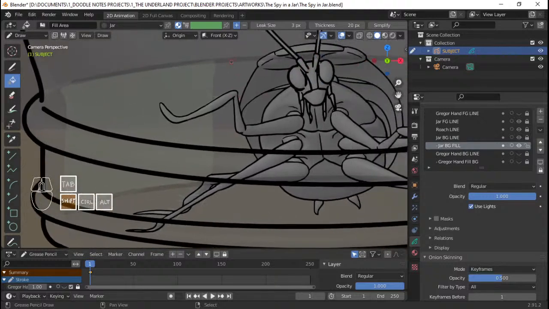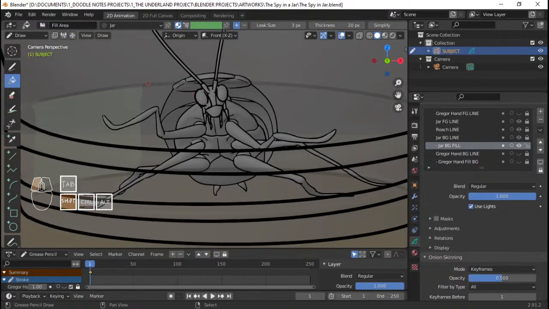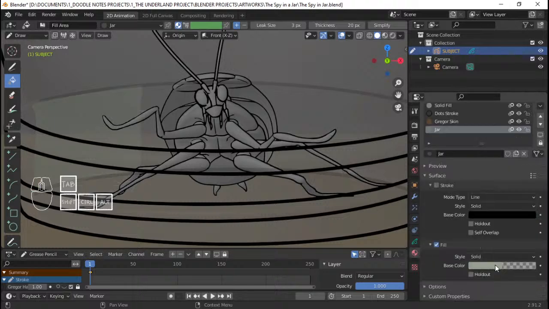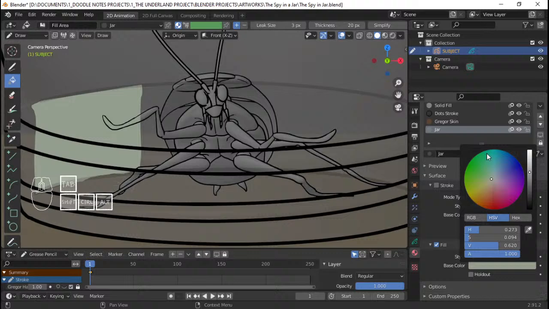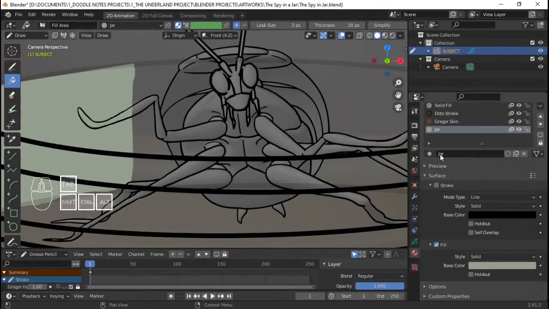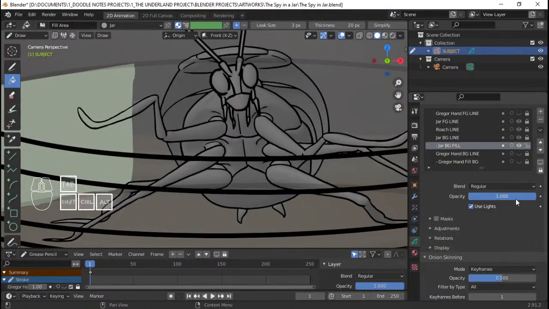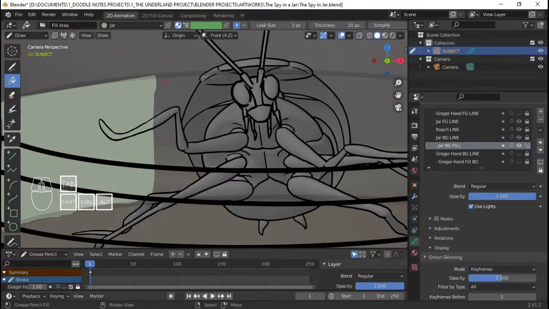Gonna have to do it slowly. Oh, it's probably a bad idea to mess with the opacity of the material. So I'm gonna go back, change this to full alpha, and for the opacity I'm just gonna manipulate the opacity in the layers of the grease pencil instead.